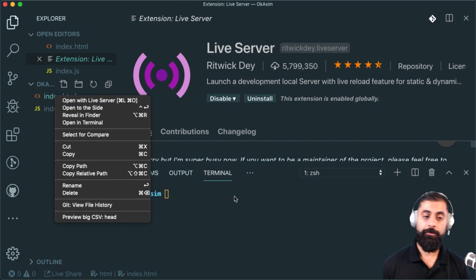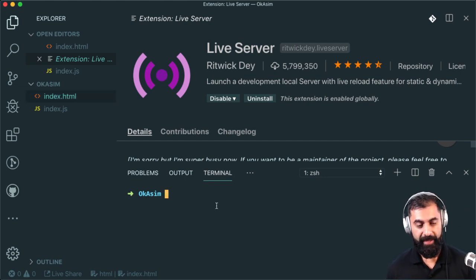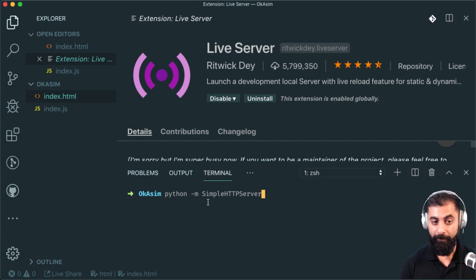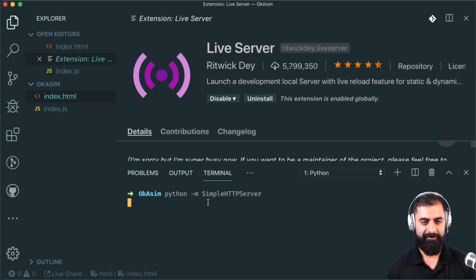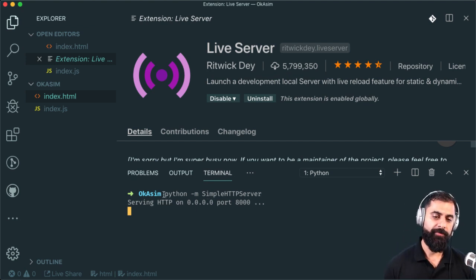If you want to go a different way, using the terminal, you've got a couple of different options, especially on a Mac. One of the ways is python -m http.server, if you've got Python installed. If this works, it'll be fantastic. Here we go. Yes, so that's one thing you can do, and if you've got Python installed, this will just work.